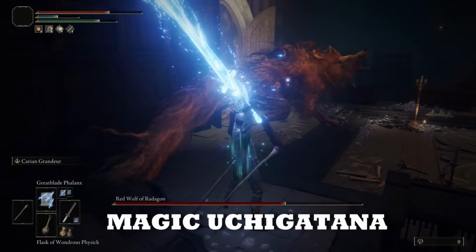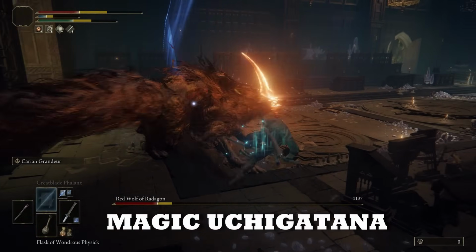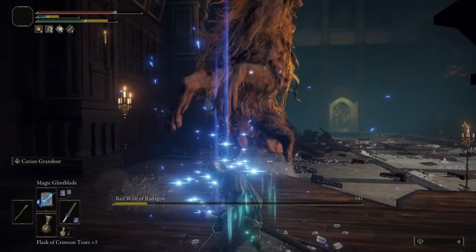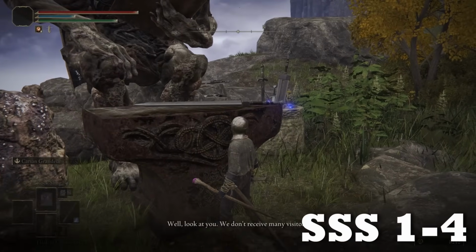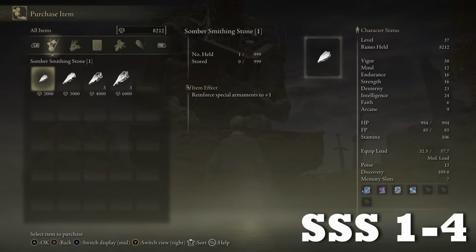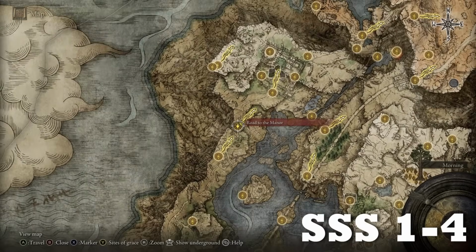Now that you have the Moonveil and the magical Carian Grandeur based Uchi Katana, if you followed my upgrade route for the Uchi Katana, you will have it at plus 16, and you can do the same thing to the Moonveil basically, but in that case using Somber Smithing Stones. You can buy Somber Smithing Stone 1 to 4 for relatively cheap by talking to Ichi, again on the road to Carian Manor. He's right next to the Grace right here, so it is easy peasy lemon squeezy getting your